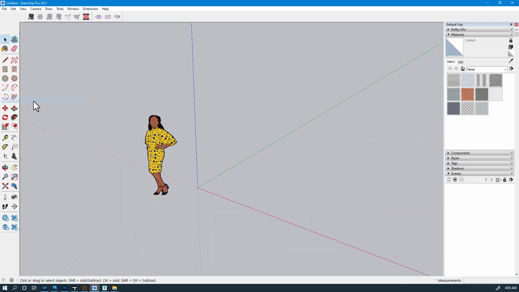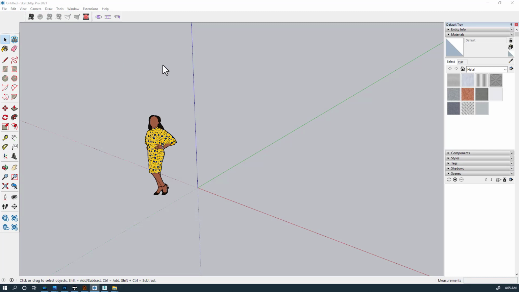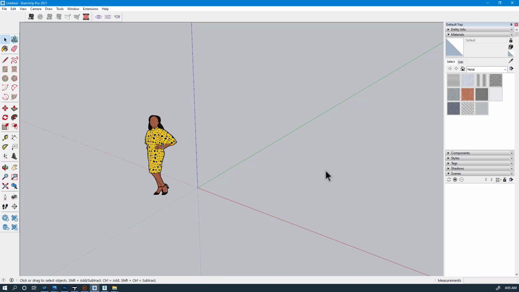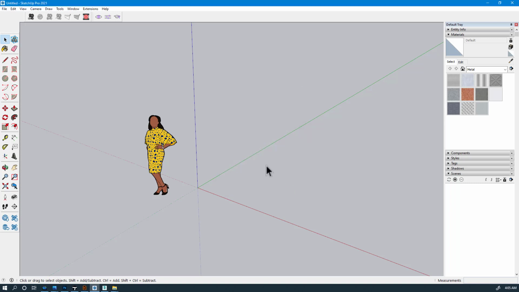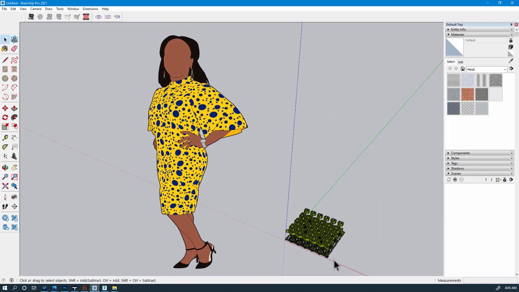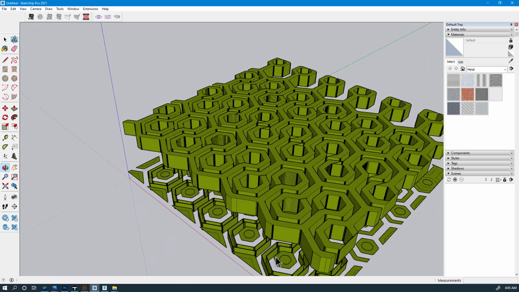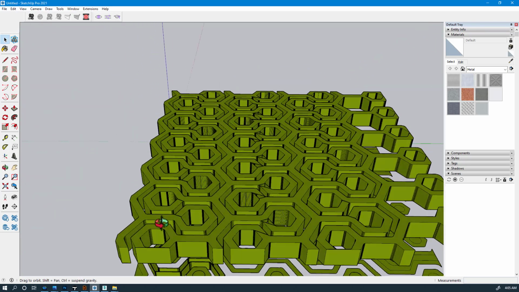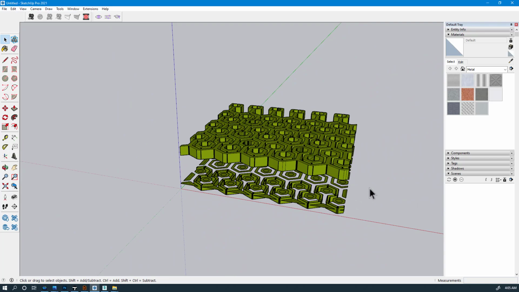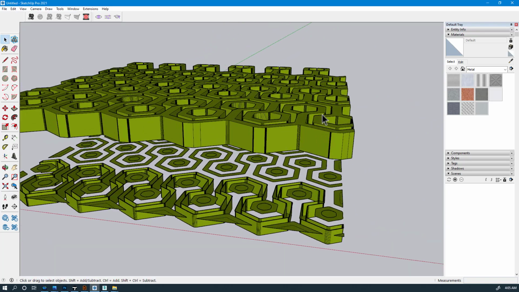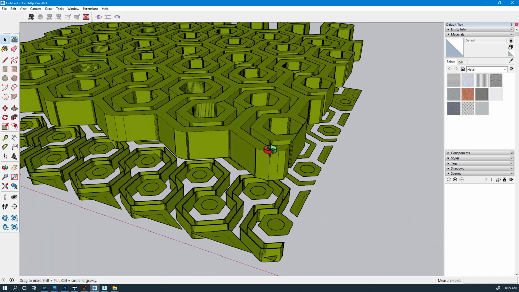We can always import what we did in the more advanced program and continue our workflow in SketchUp. And this is one of the major advantages of using a more advanced program. It's just the ability to move between different programs. And we don't even necessarily have to learn how to use 3ds Max to its full extent, but just enough to maybe import something, maybe convert it or extrude it, and then export it. Once the